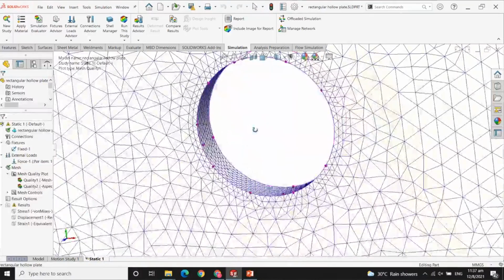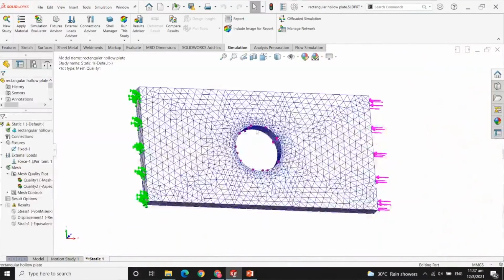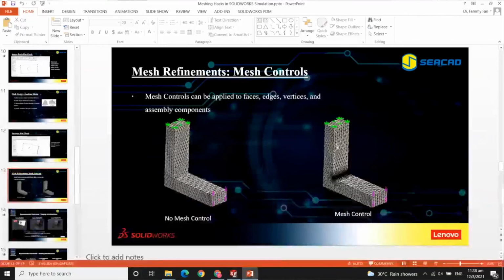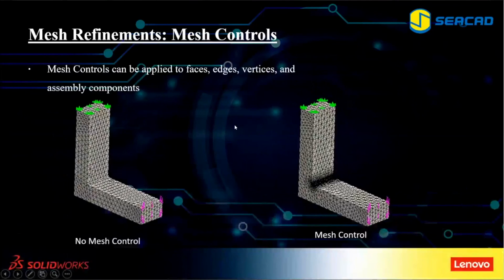How can we apply the mesh control, and why do we use it? Apply the mesh control at the area of interest to get a more accurate result. Okay. Mesh refinement is the method in SOLIDWORKS Simulation to refine your mesh. Okay, so this is the